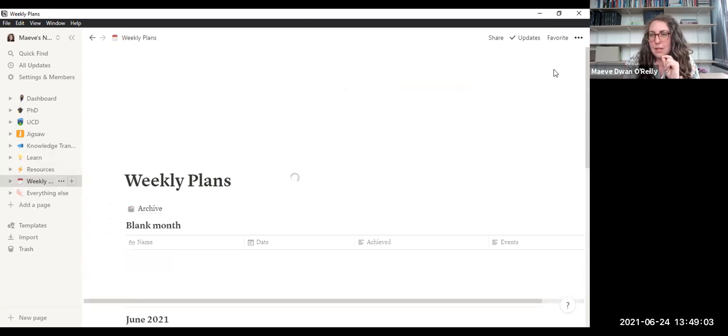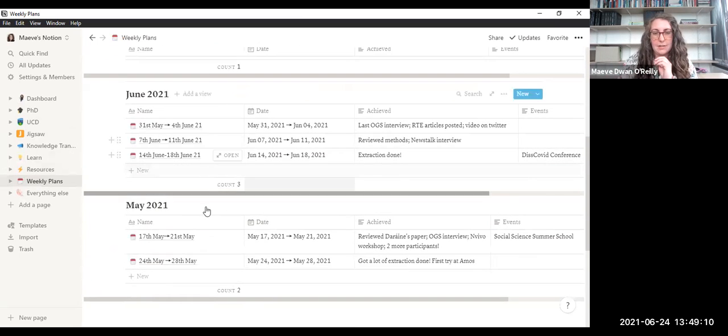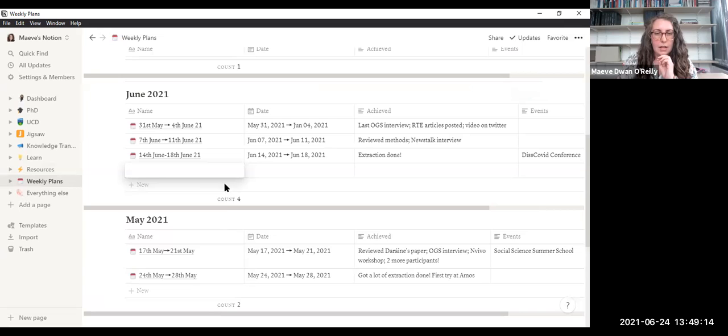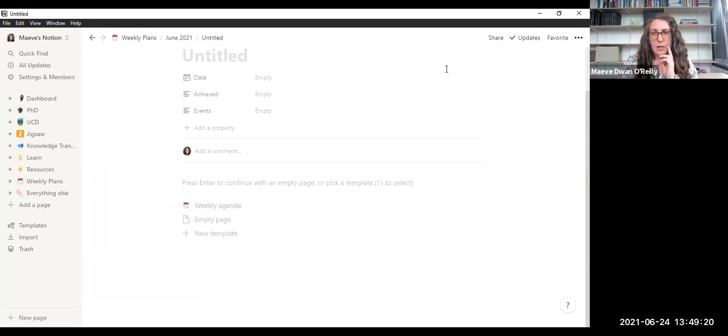Weekly plan is something that is very cool, but it doesn't actually work for me. It just doesn't really match the way I work, but I was trying it out. As you can see, I don't even have a plan for this week. But I will just show you what that looks like, because I think it really would work for some people. So you basically open up a new one, and I've created,